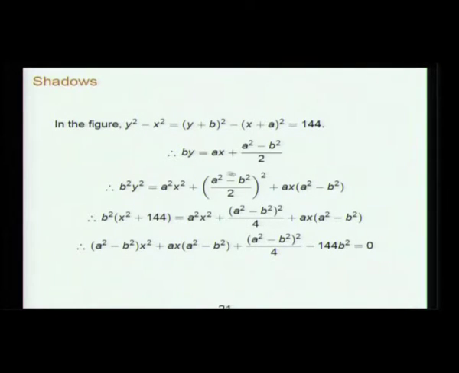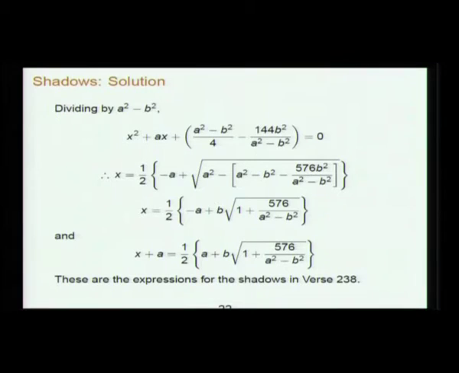Okay. So, then you substitute back here. So, finally you get an expression for a like this, a quadratic equation for x. So, you have got x squared plus ax into this is equal to 0. So, you can solve it, and as I mentioned, only the positive root is taken. So, x will be this and x plus a is this.